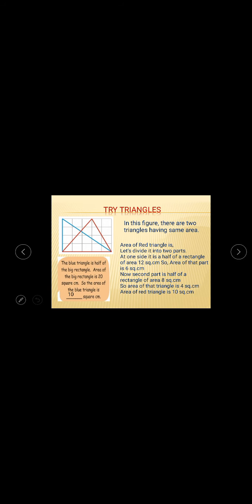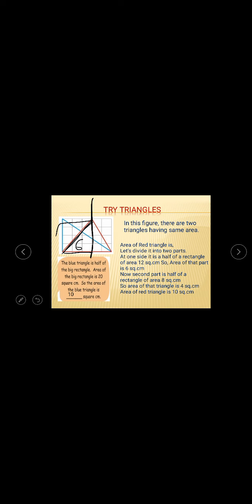But what about the red triangle? So look here. To find the area, just draw a line in the middle of this triangle. Okay, now this red triangle is divided into two parts. On one side, you can see this triangle and that is half of this rectangle. So the area of this rectangle is 12 square centimeter and this is half of this rectangle. So the area of this part is 6 square